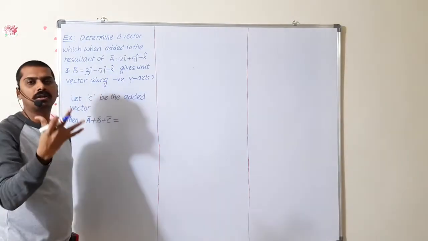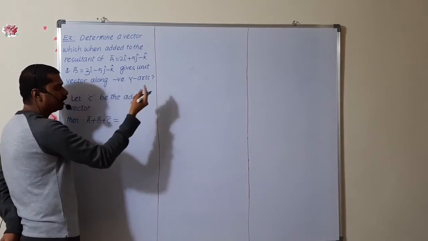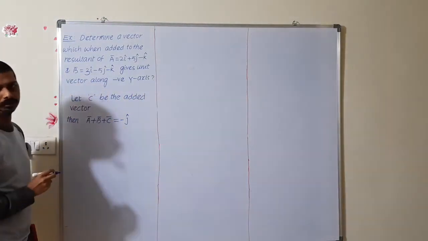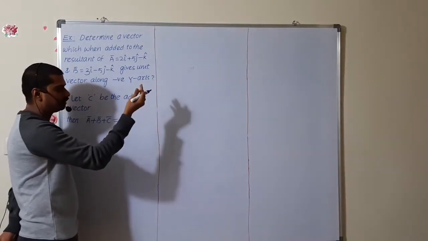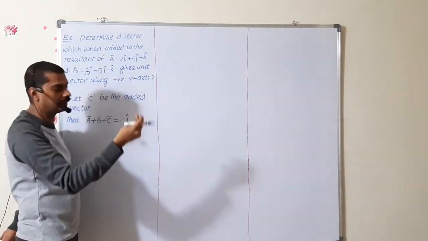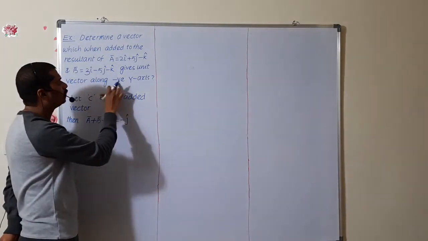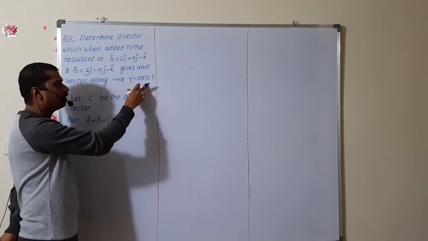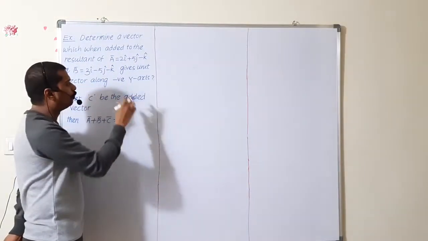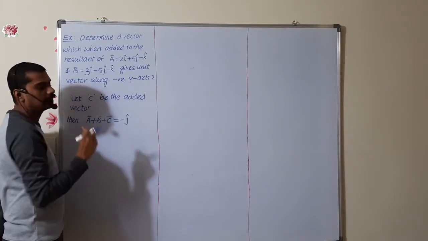What is a unit vector along the y-axis? The unit vector along the y-axis is j cap, but for the negative unit vector we have to write negative j. If we take the positive z-axis, along the z-axis, what is the unit vector? K vector. Instead of j we have to write k vector. If it is the unit vector along the positive x-axis, then we write i cap. According to the direction, we have to make the unit vector. Now a vector, b vector, and c vector.